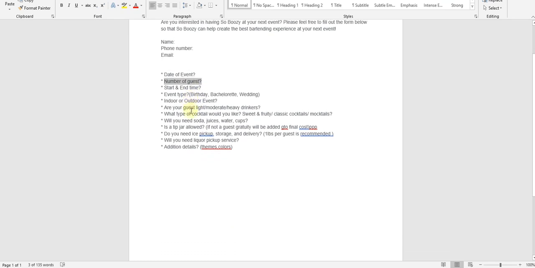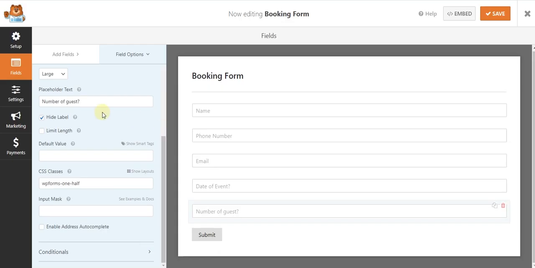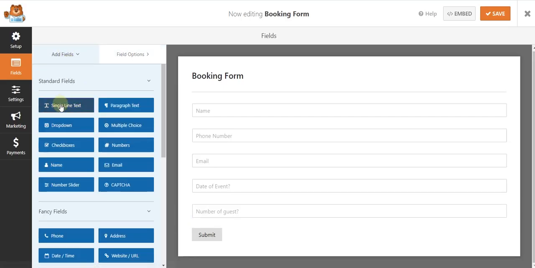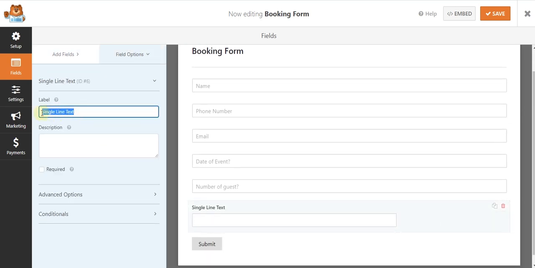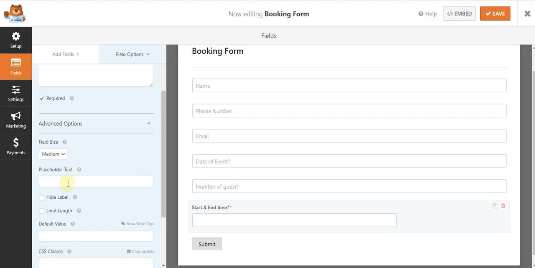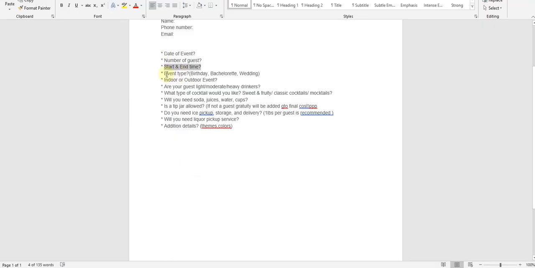So the next field is start and end time, and for that also I will use a single line text. You can use date and time there as well, but I'm using the single line text, giving the customer more flexibility of deciding what date and time they want to choose. So they only have to write down the date and time that they want. So here is start and end time, and then we have event type,